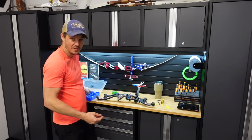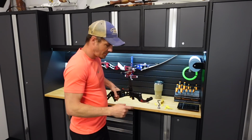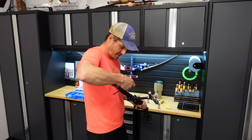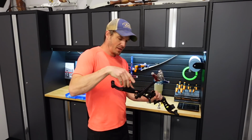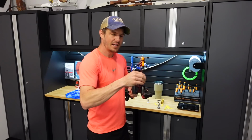I'm going to swap out the stock pivoting RX limb bolts for these solid stainless ones that I've got. I like them a little better. I found those to be less than ideal, so we're just going to go for the regular standard limb bolt because I know they're good, I know that they don't move, I know that they're consistent. I had a lot of issues with these pivoting bolts maintaining my...